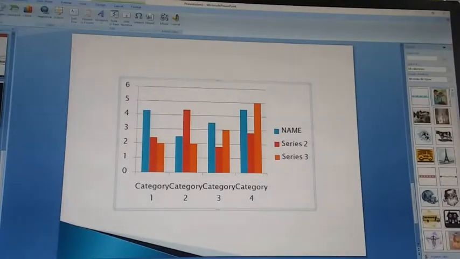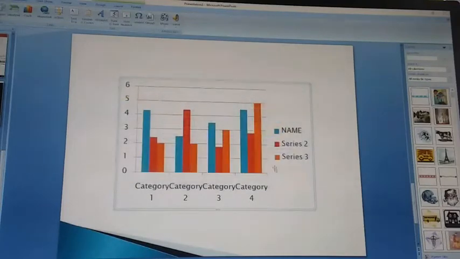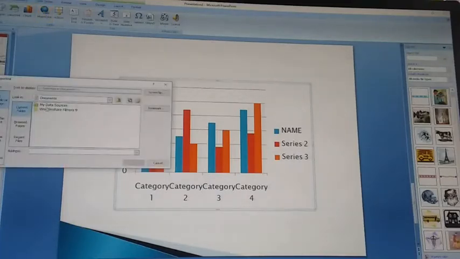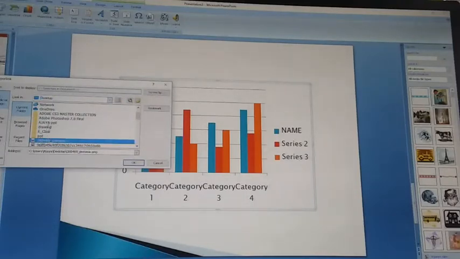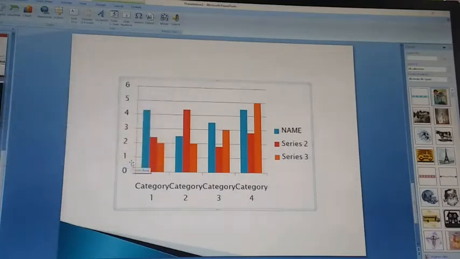Okay, and another feature is the Smart Art feature. Also insert click, Smart Art click. Here choose one option, then OK click. It will show you the Smart Art feature. And another feature is hyperlink. If you want to link any file, just select the location where you have saved it, and OK click. It will show you the hyperlink pages.